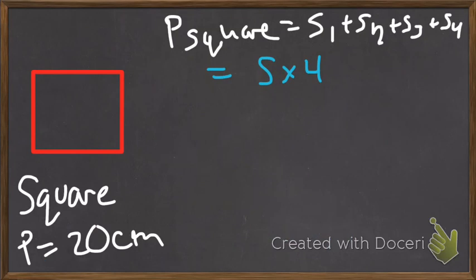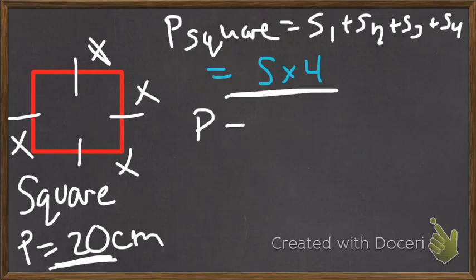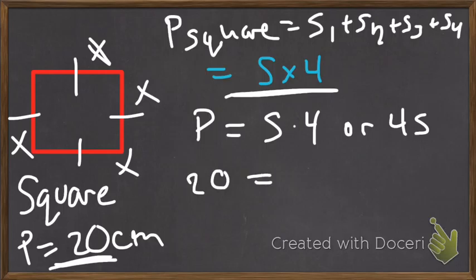Looking at a square, it's the exact same operation, but we know that a square, all 4 sides are equal. So our formula will be s times 4, number of sides times 4. If we know our perimeter is 20 centimeters, we can find out what each side is, because these are all going to be x. So perimeter is equal to s times 4, or 4s. Same thing. 20, which is our perimeter of this square,